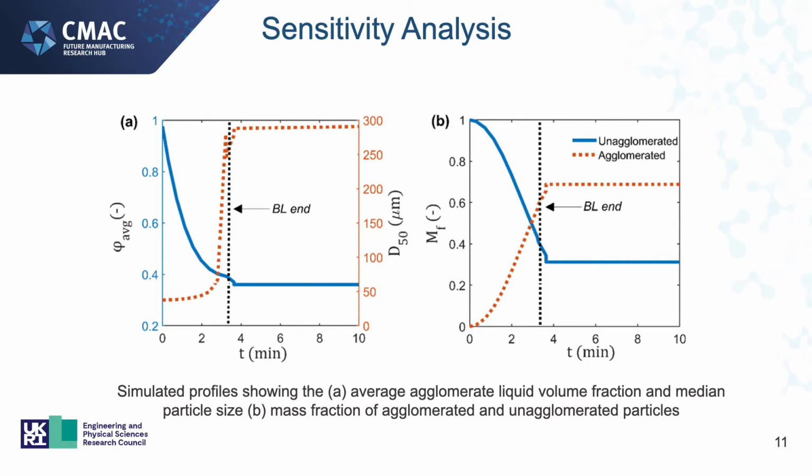After addition, you see that the mechanisms almost come to a halt, or a steady, almost final equilibrium state, after your bridging liquid is finished as well. You can see still formation of agglomerates after that phase, but a lot of the mechanisms will be happening during the addition of your bridging liquid. So this is quite powerful because here we can start to decouple when and which type of mechanisms are occurring